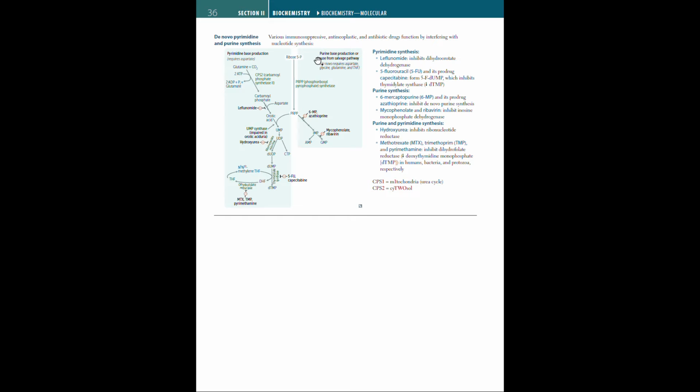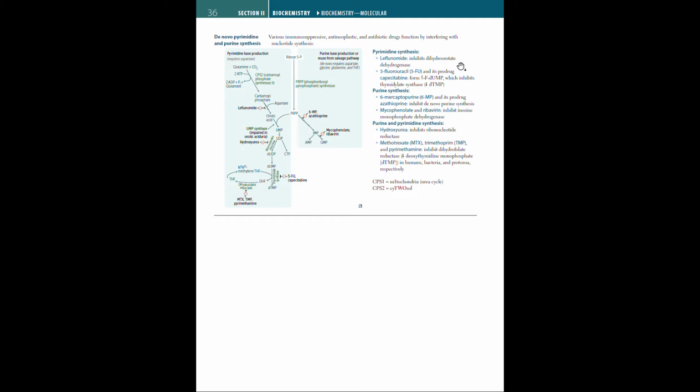As I said earlier, it's a very important thing, because even in pharmacology and oncology you have to recall all this. So for pyrimidine synthesis, leflunomide inhibits